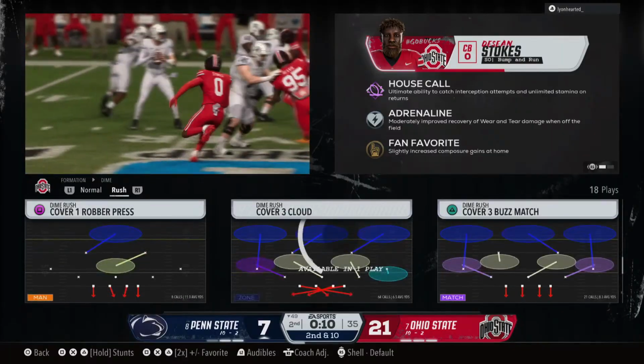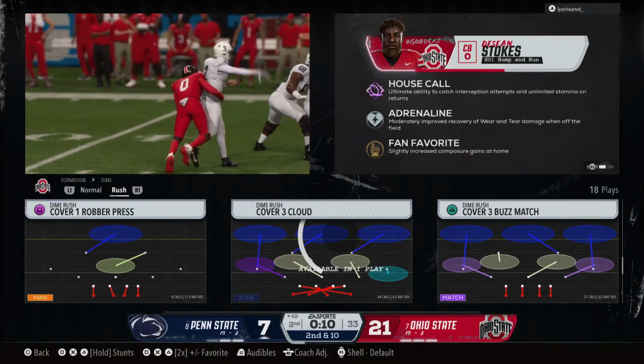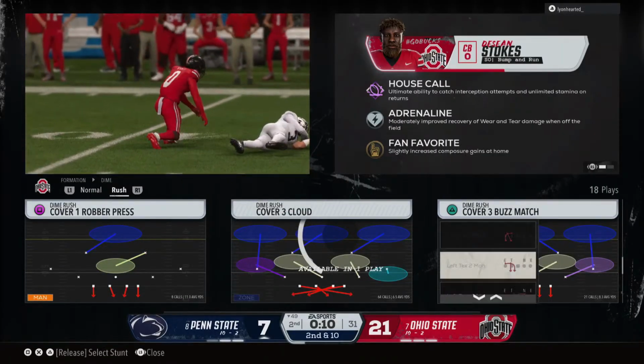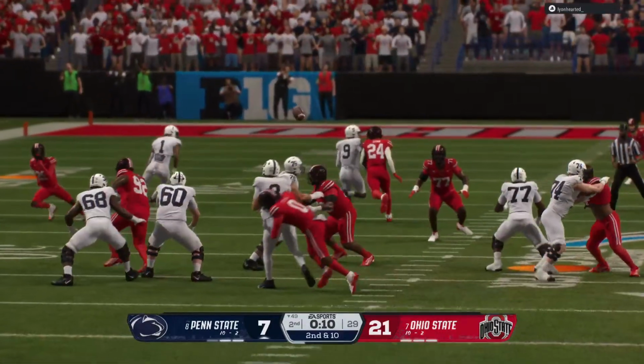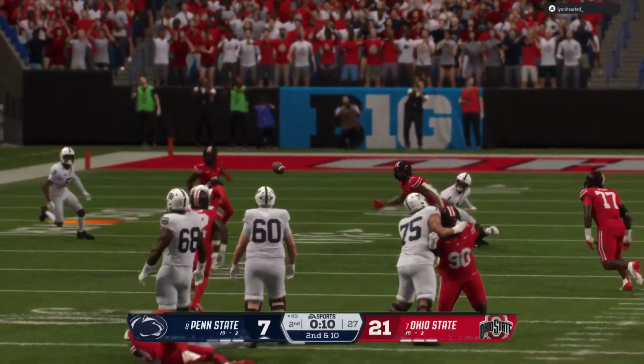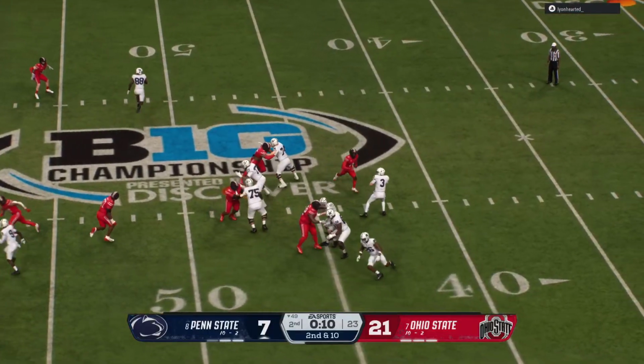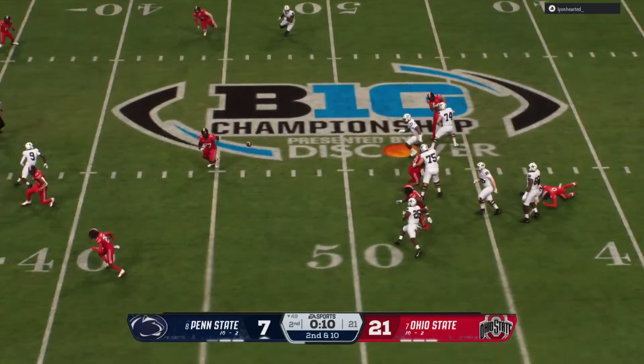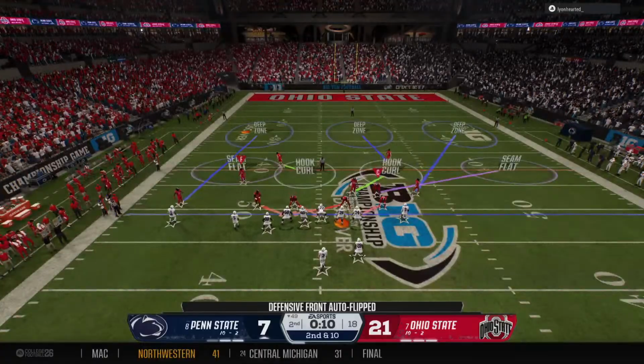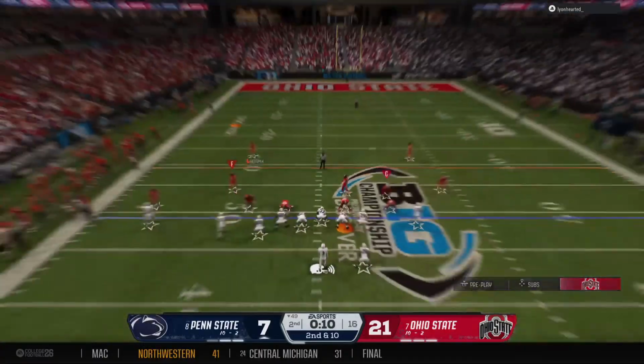Anytime a quarterback's able to recognize a free rusher like that, that's what the check down is for. He has to recognize the protection issues quickly and pivot. So the offense looking to be efficient here. Not much time remaining before the end of the half.